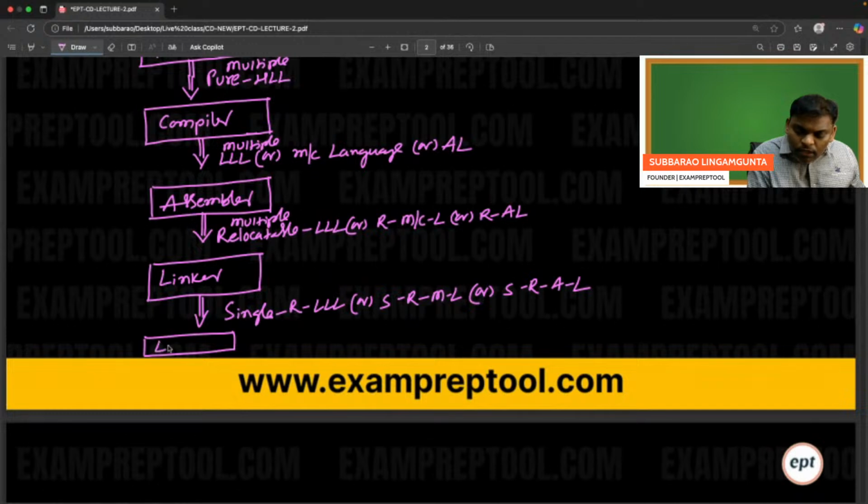Loader, what will it do? It will load a program. After compilation, next you have to run. If you want to run the program, that program should be in the main memory. Remember, the loader will load the program from the hard disk to main memory. Finally, your program is present in the main memory. Let me write it now. It will load